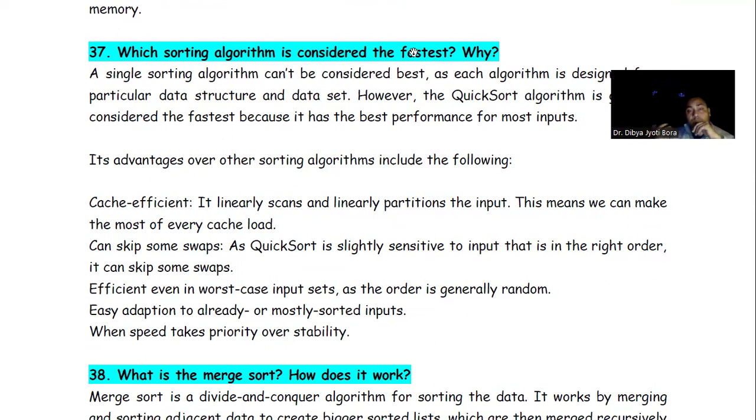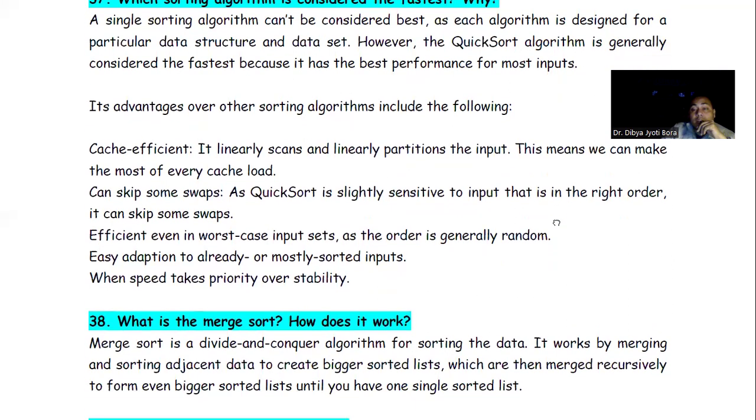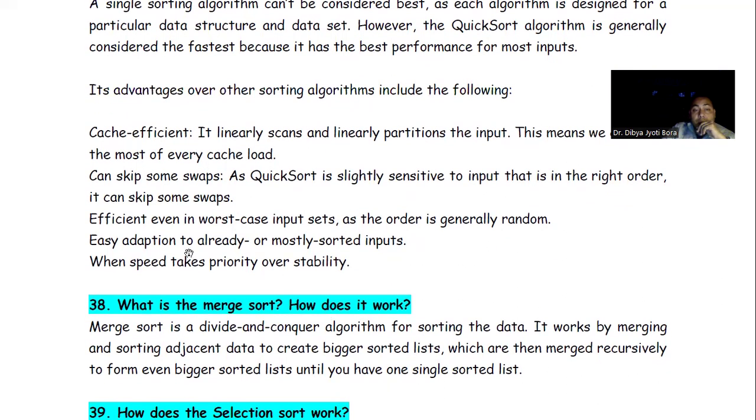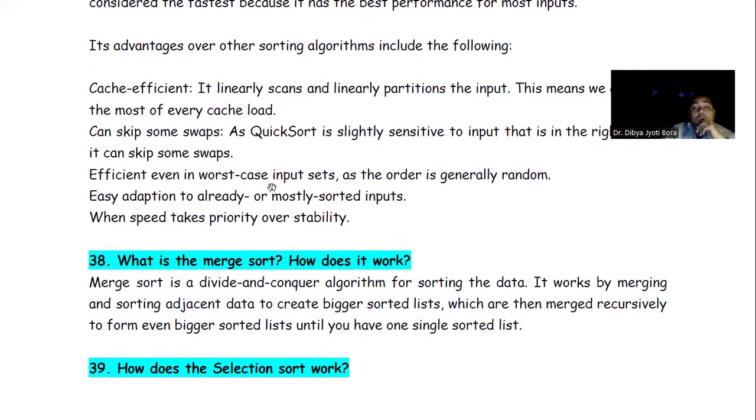But in case of quick sort, we have the option for skipping some swaps. Quick sort is slightly sensitive to input, that is, in the right order, so it can skip some swaps. Efficient even in the worst case inputs, such as when the order is generally random. Easy adaptation to already or mostly sorted input, when speed takes priority over stability. So these are the cases where it has some specific kind of advantages.